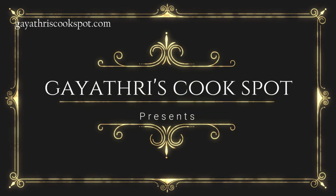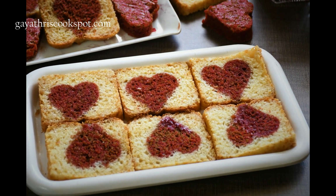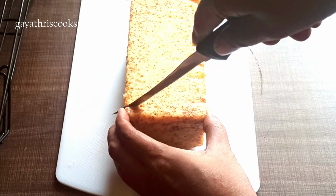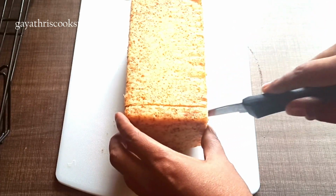I'm Gayathri Kumar and today I'll show you a sweetheart red velvet cake which is Valentine's Day special. So this is a really easy cake recipe, only a little bit of technique included to make that heart shape